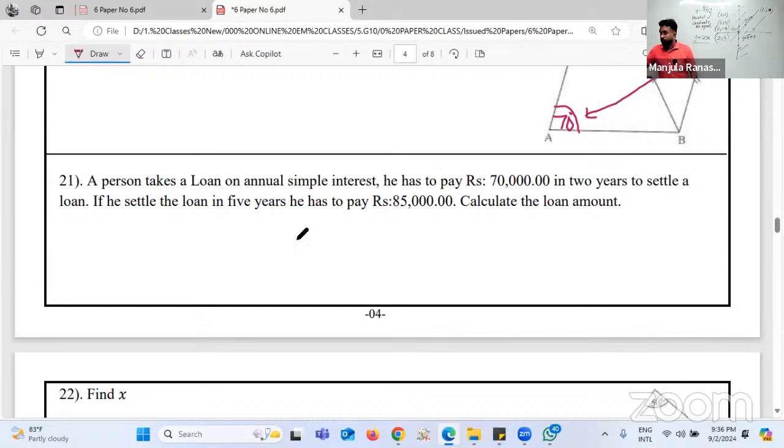Right. Question 21. A person takes a loan on annual simple interest. He has to pay 70,000 rupees in 2 years to settle the loan. If he settles the loan in 5 years, he has to pay 85,000 rupees. Calculate the loan amount. If a person takes a loan on annual simple interest, he has to pay rupees 70,000